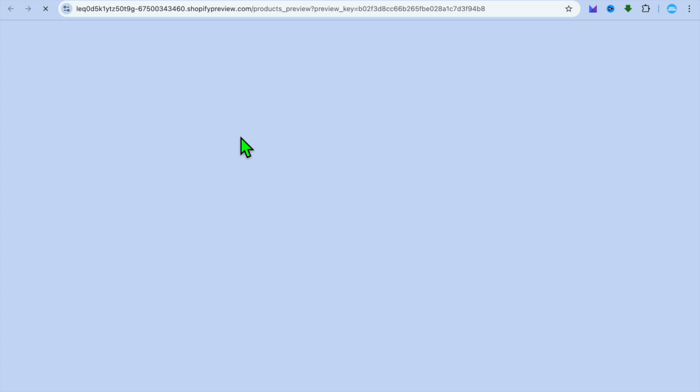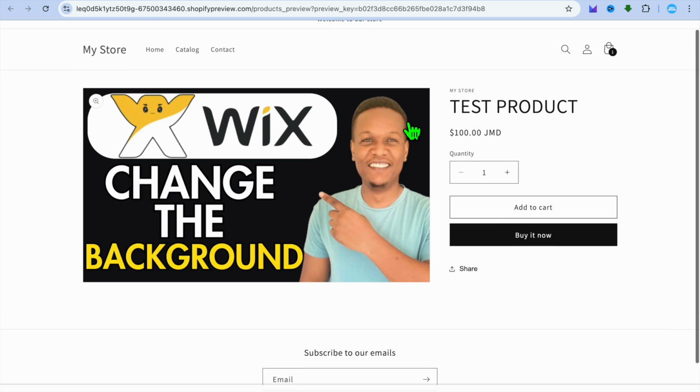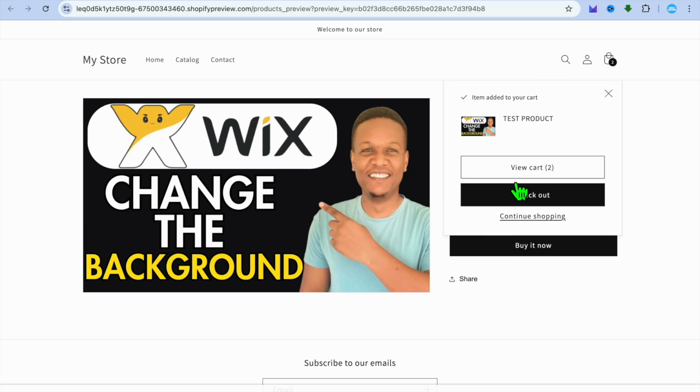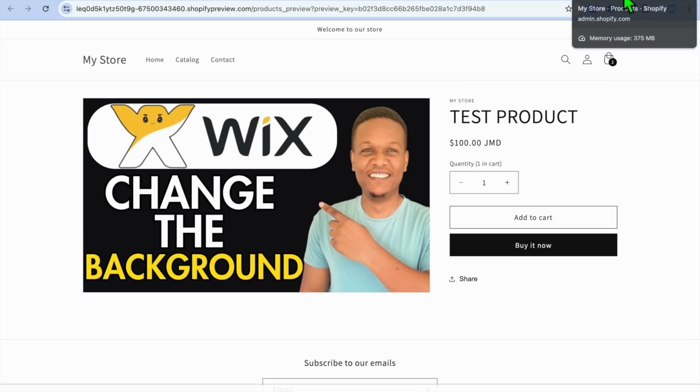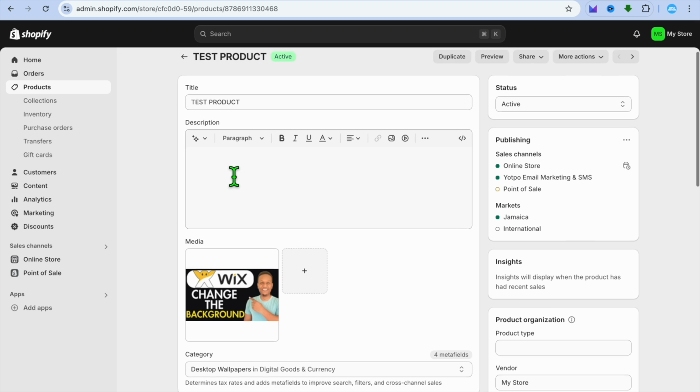So for example, if I were to select preview on online store, you can see that this product is currently available, and you can see right here, if I were to tap on add to cart, it automatically adds it to the cart. Now, if we were to go back to my admin page and select the same product,